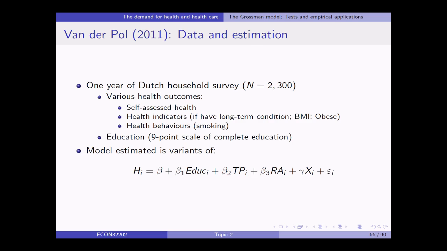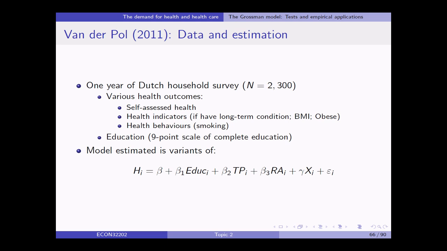So that barrage of questions were included in some Dutch household survey data. A decent-ish sample size, just over 2,500 people. Health was measured using 3 questions. So remember in topic 1, we said it's quite hard to measure health. So in this